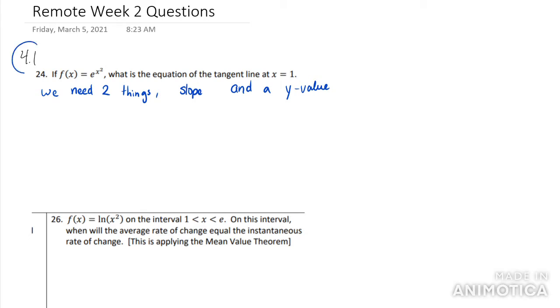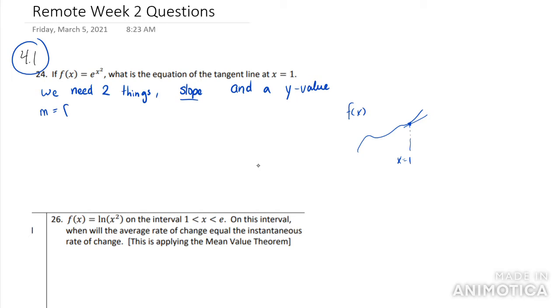So this is for section 4.1, question 24. If f of x is equal to e to the power of x squared, what is the equation of the tangent line at x equals 1? So I'm going to need a couple of things here. Basically, whenever you think of the equation of the tangent line, if we have some f of x looking like this, at x equals 1, the tangent line is right here. So I need two things. I need a slope and I need that y value. So to find the slope,